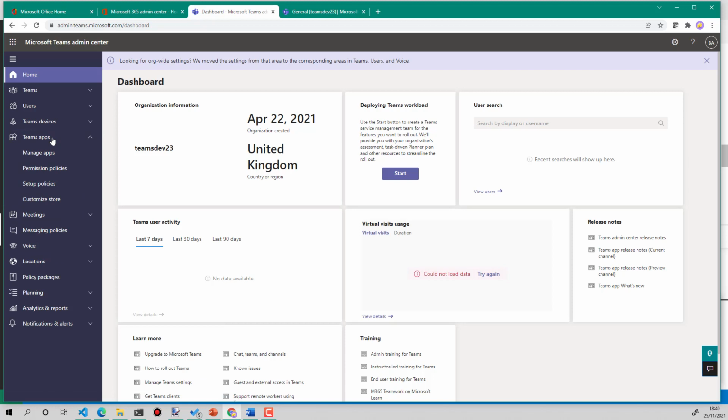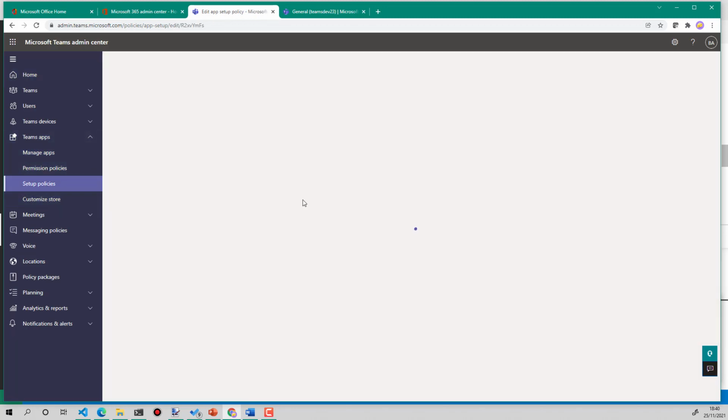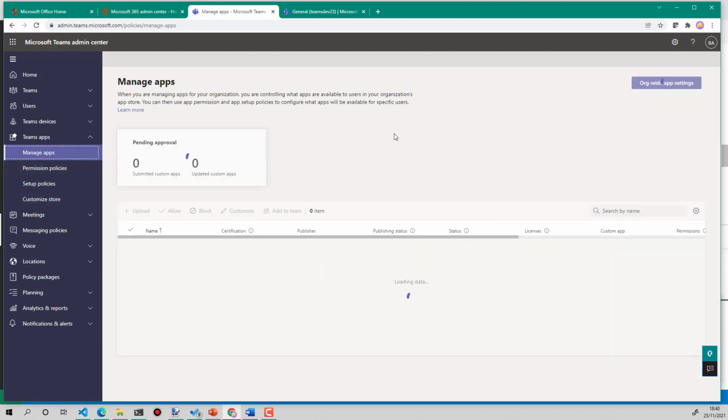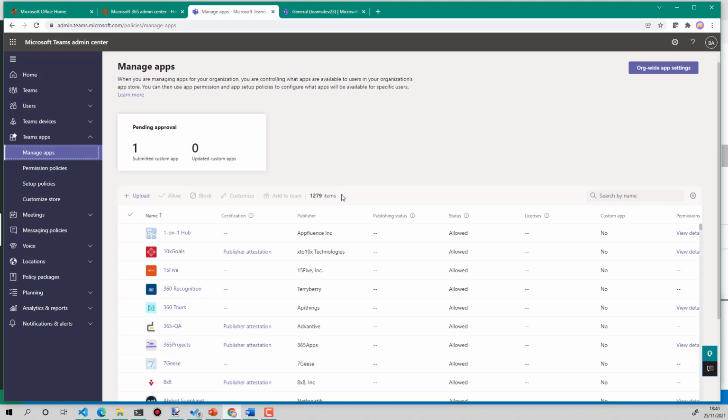And now I'm going to go to Teams apps, and first thing I need to just check is that under setup policies for global, that upload custom apps is enabled. Otherwise this isn't going to work. And then I'm going to go to manage apps, and the result of that last step in Visual Studio Code,